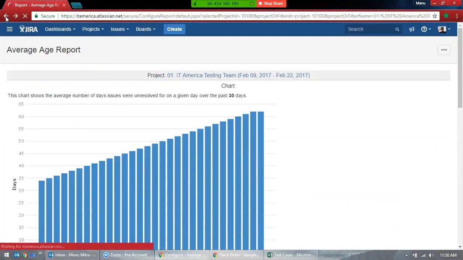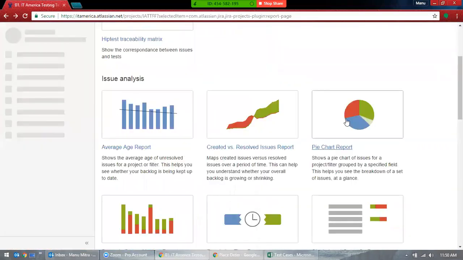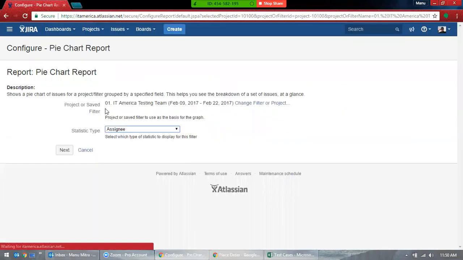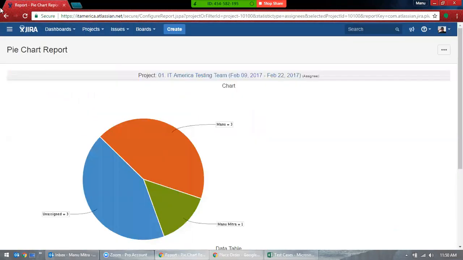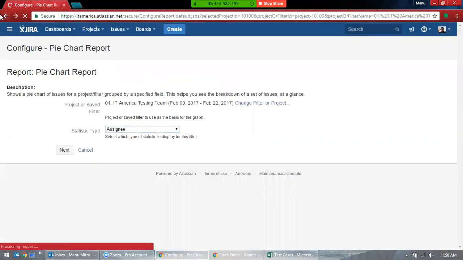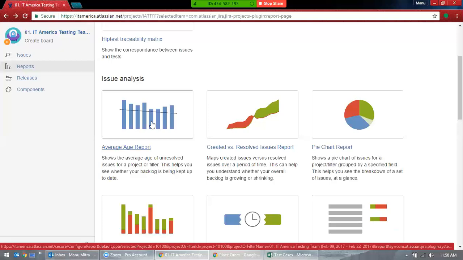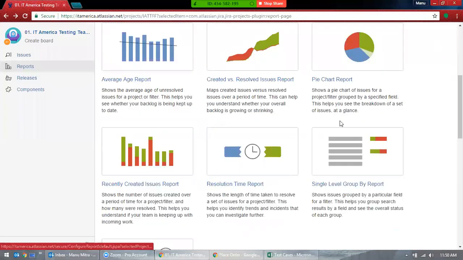Normally bar graph, since we don't have much of an option here, but what you also have is a pie chart too. So you can generate based on whatever options Jira has here. Most of the time they use bar chart. Here you have 3 to 4 options: pie chart, bar chart, and